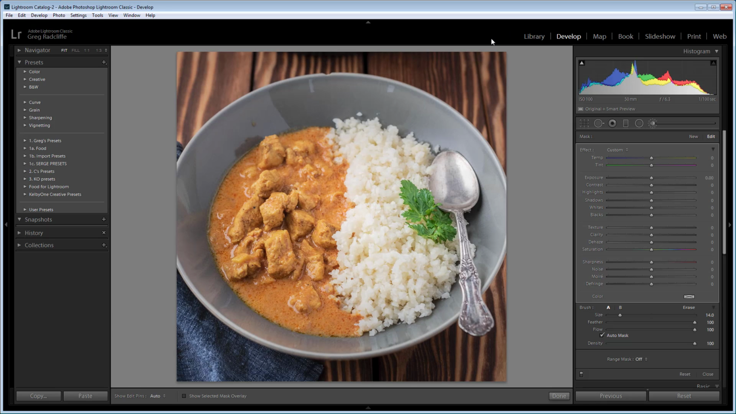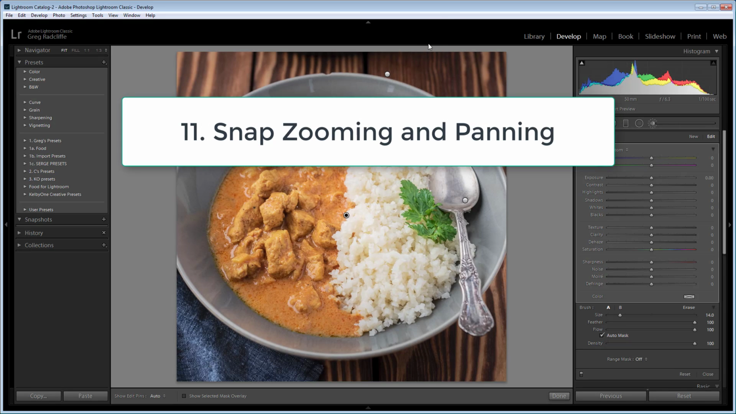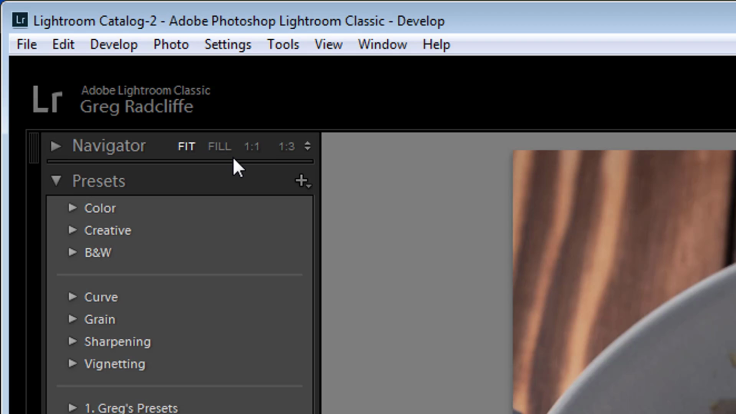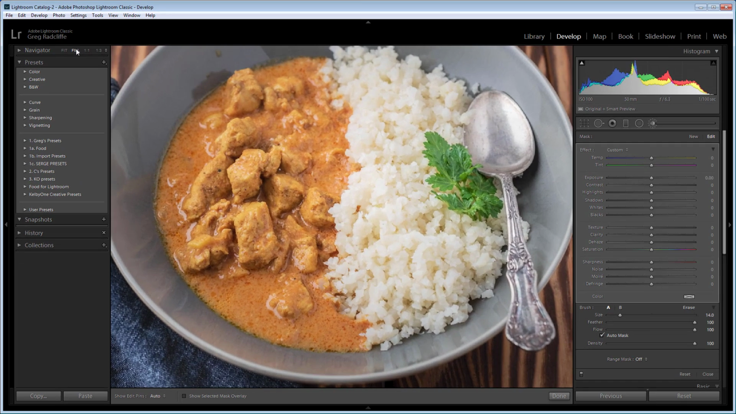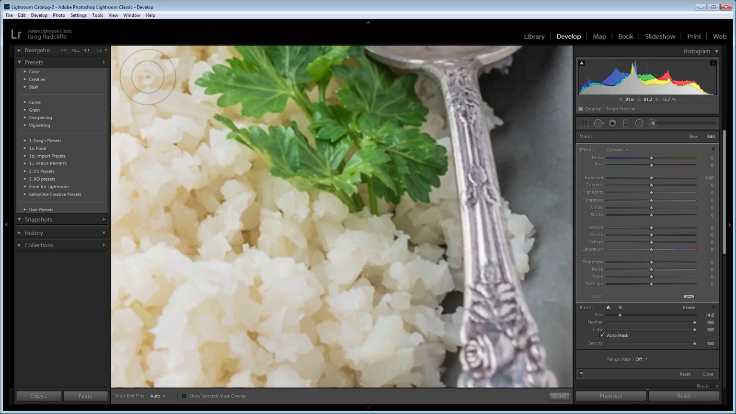For the last Lightroom hidden trick I want to talk about today, I'm going to talk about snap zooming and panning. You already probably know that here up in this little navigator pane, you can change the degree to which you're zoomed in. Right now it's on fit to screen. If I hit fill, it's going to fill totally. If I go to 1:1 and zoom in all the way,